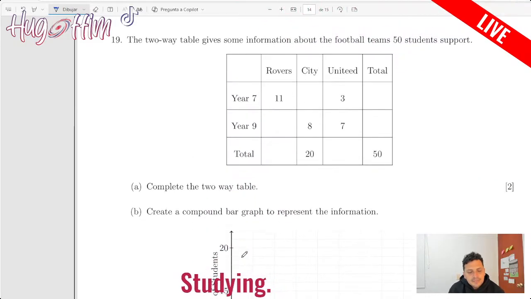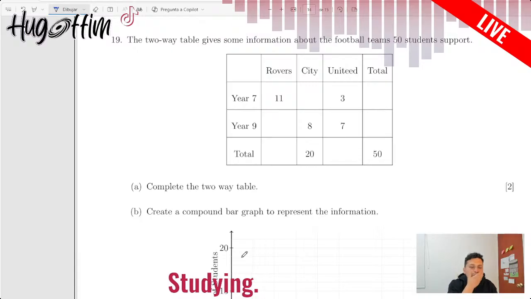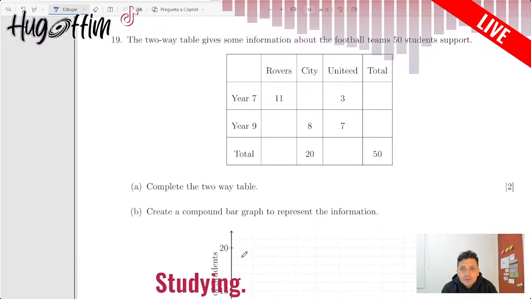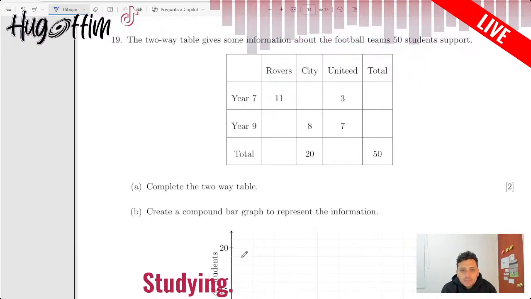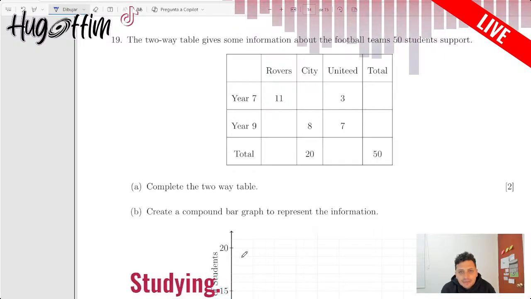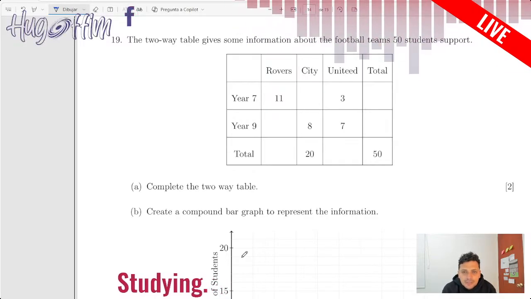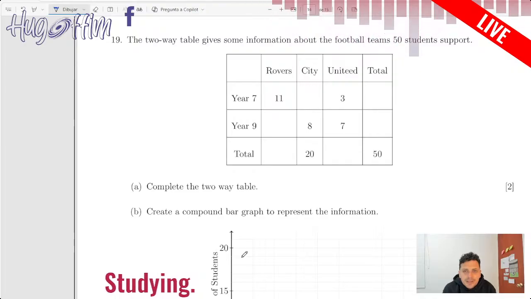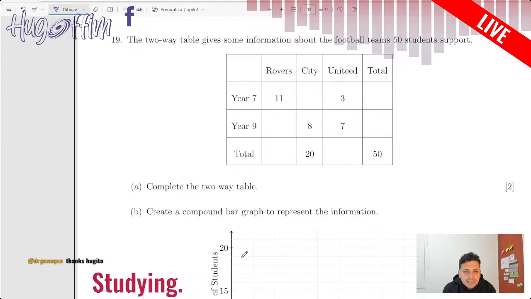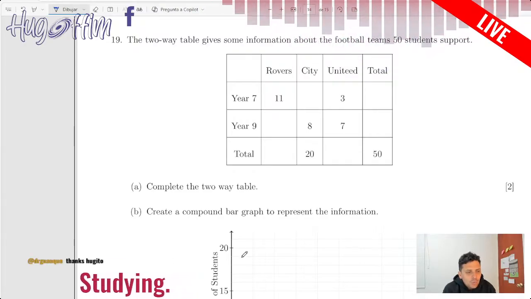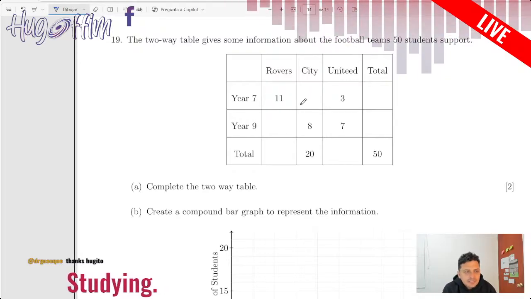19 says, the two-way table gives some information about the football teams. 15 students support Robert City United total. So you just need to complete the table as the first one. To complete the table,